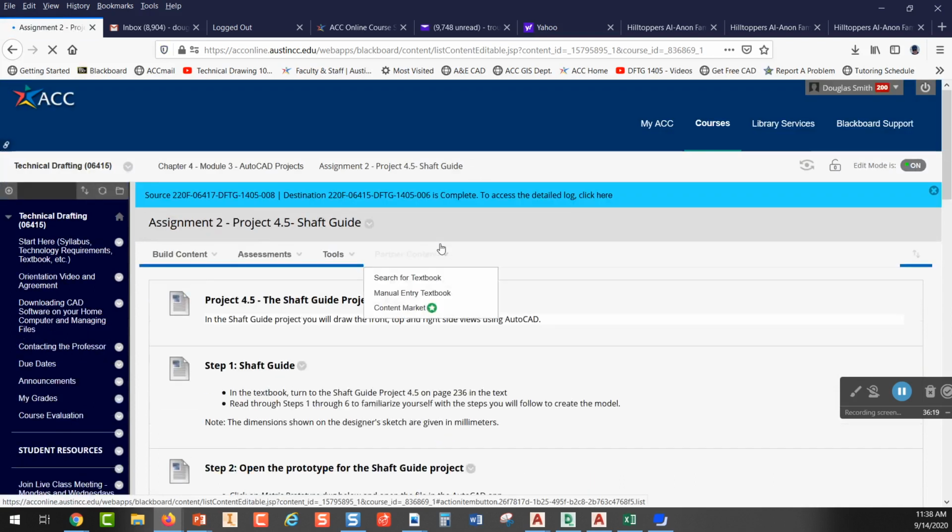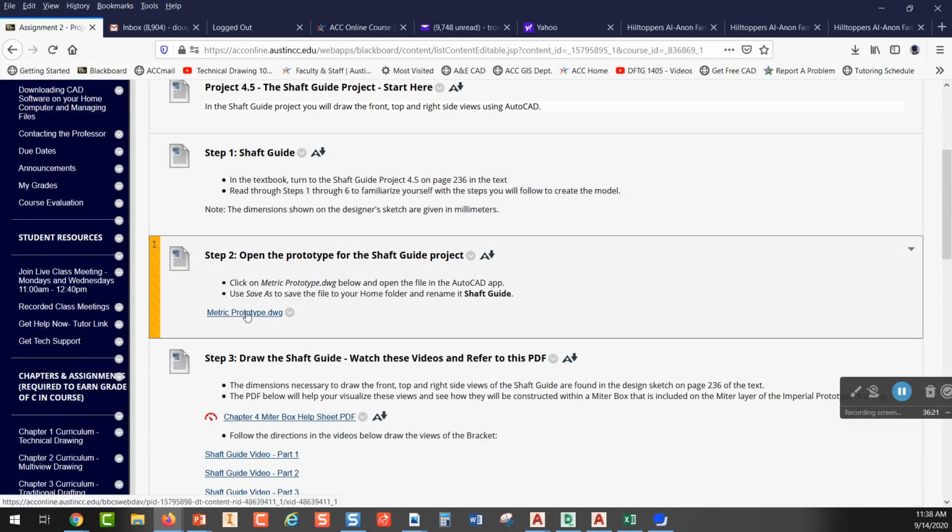And it's the same thing. It has a prototype drawing, but I want you to look at the prototype. It doesn't say Imperial prototype. The Imperial prototype is in inches. The metric prototype is in millimeters because the shaft guide is drawn in millimeters. So if you look on page 236,